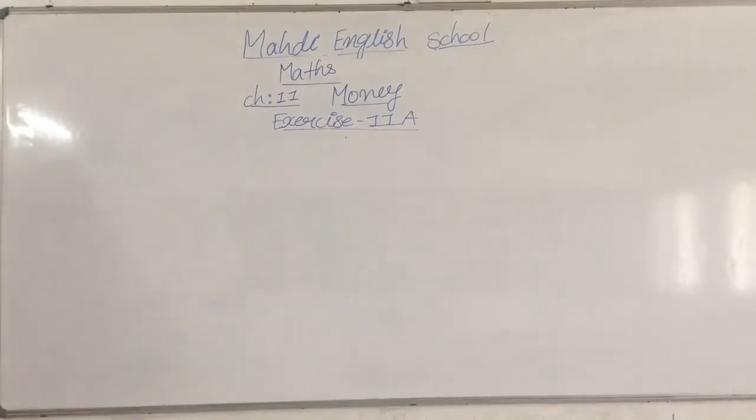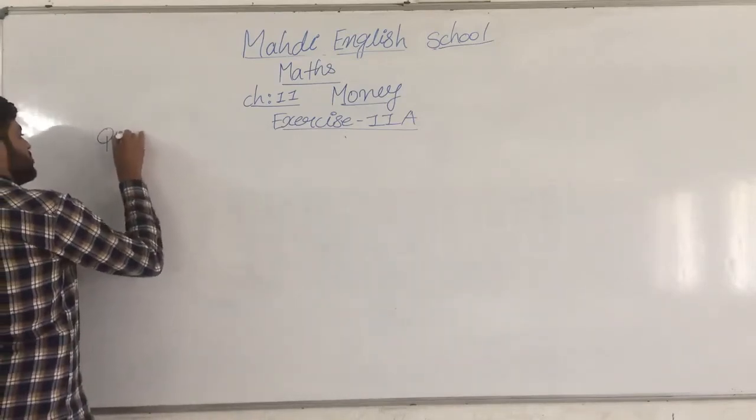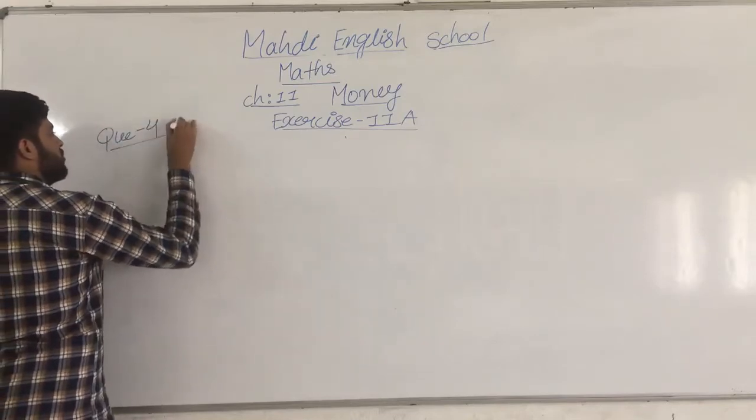What we have done yesterday, first of all recall: subtraction and multiplication. Multiplication we have done in the last question, number 4. Multiply: we have done question number A to F, G, H and I. We have 3 questions left over there. And then after that we are going to learn question number 5, divide. So now first of all we are going to complete that question. Question number 4, multiply.